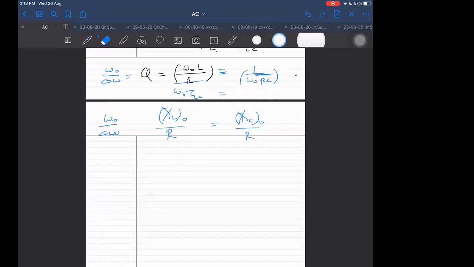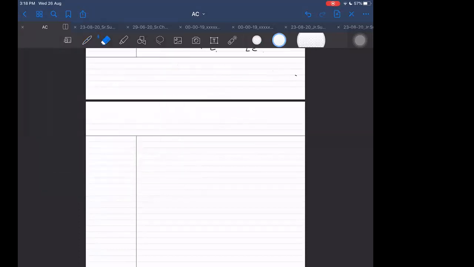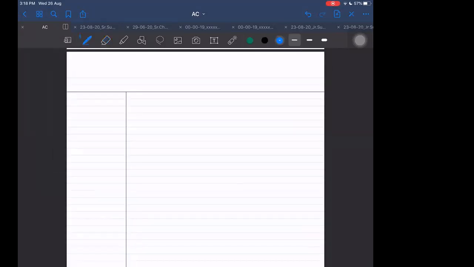And one more thing which I told you before, it is also equal to energy stored in the oscillator upon energy dissipated per radian. Something like that also we define. But why we define it that way? It will take more time. Okay, I will explain that some other time, not now. It has something to do with normal oscillators also, not electrical oscillations, but the oscillations of just a mass. For that also we can define it in this way.